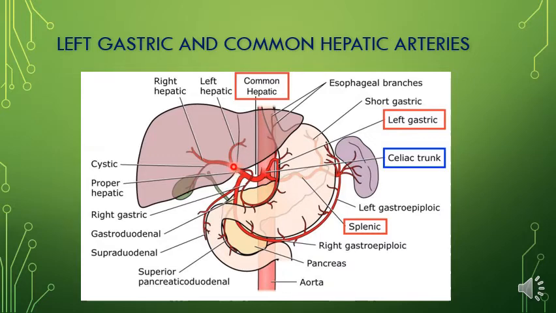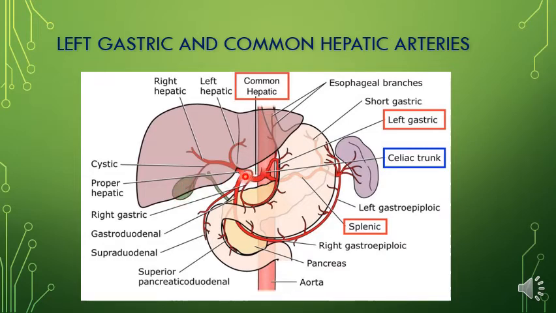The proper hepatic artery gives rise to right and left hepatic arteries, and these are going to supply the physiological right and left lobes of the liver. Now in this image, this is the left lobe and this is the right lobe, which are anatomical lobes, but functionally different lobes are there. The left lobe of the liver is supplied by branches from the left hepatic artery, and the right lobe of the liver is supplied by the right hepatic artery. Then further, the right hepatic artery gives rise to a cystic artery which will supply the gallbladder, right?